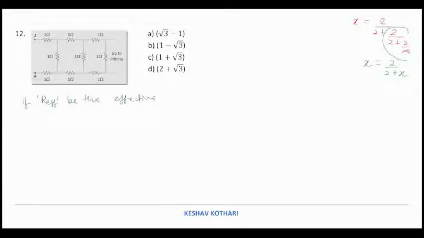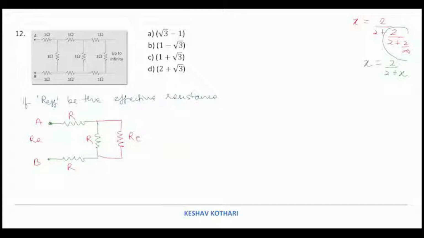effective resistance, then I can redraw this circuit in this way, that this is equal to R, this is another R, this is another R, and this entire network is replaced with R effective. So this is R effective and all these values are equal to R, and the value over here will again be R effective. So if I solve this network now, I can say that these two segments are in